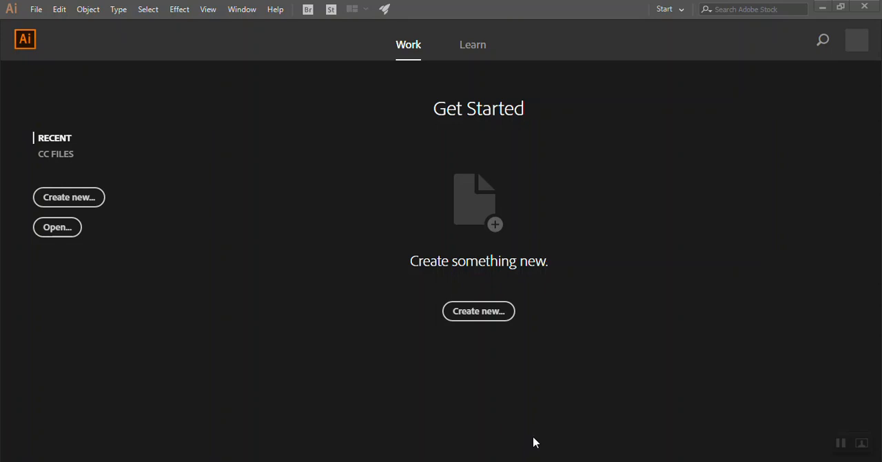Okay, today we are going to create a robot that is your personal assistant in Illustrator. To begin, you're going to go to the Start menu and type in ILL in the search bar until you find Adobe Illustrator. You're going to open the program. It'll say Get Started, create something new, so we're going to click Create New